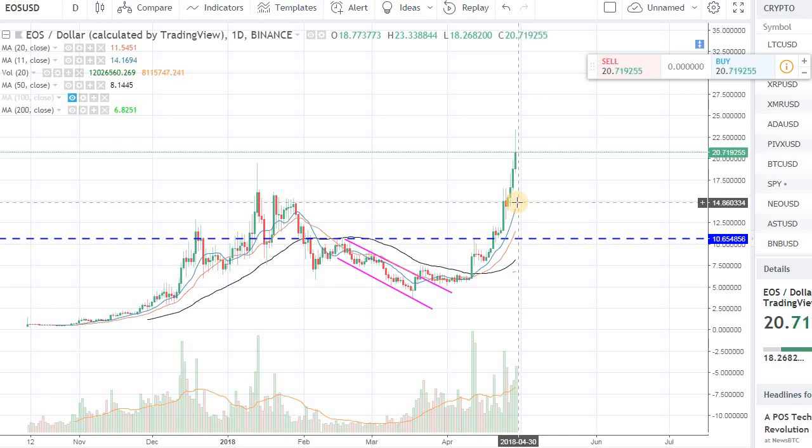So if you are getting into EOS, thinking about getting into EOS, or are already in EOS, think about those things I just mentioned. In my opinion, this is a little bit overbought and overstretched, and it needs some time to consolidate. I wouldn't go into a new position in EOS right now. It needs to consolidate and come back. It looks like a bit of a blowoff top right now, and it needs to come to the right level in order to start a new position